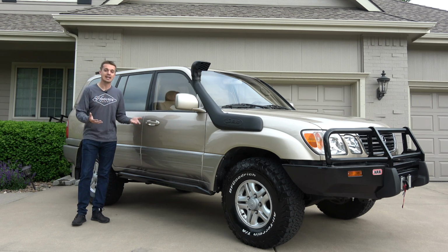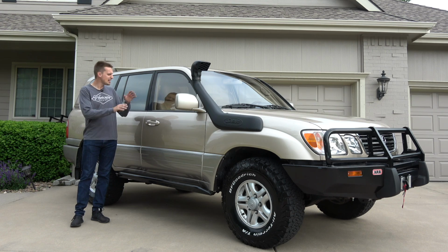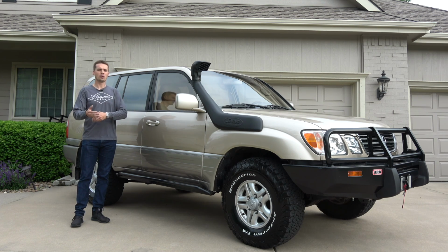This is my 1999 Lexus LX470, a luxury trim Toyota Land Cruiser that I purchased for only $2,100 after it was traded in at a Kansas City area Lexus dealer. Obviously, it was a crazy good deal, but a huge risk as I bought this cruiser totally sight unseen with only some grainy photos to indicate the condition. Also, it had 350,000 miles, which is a lot for just about any other car, but not really for these